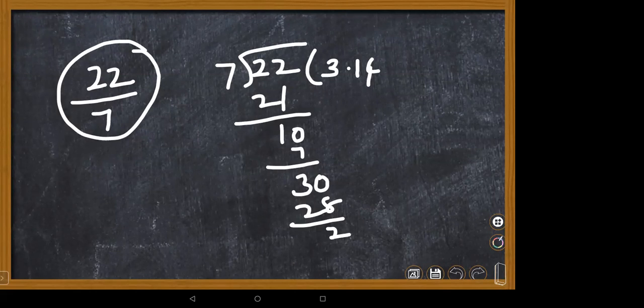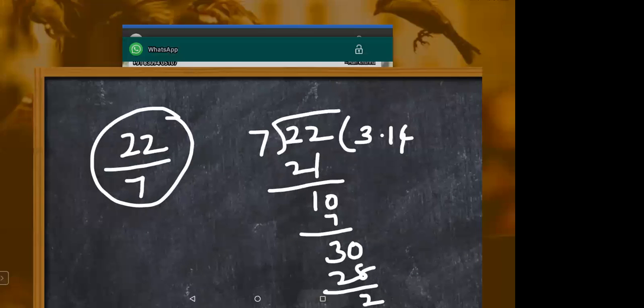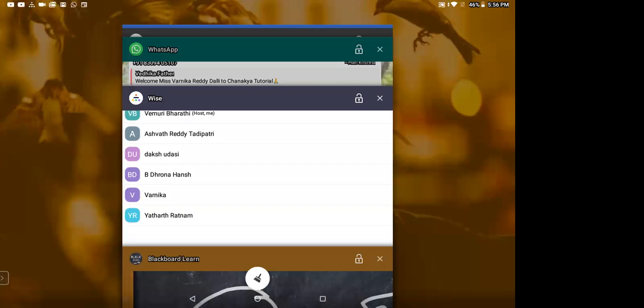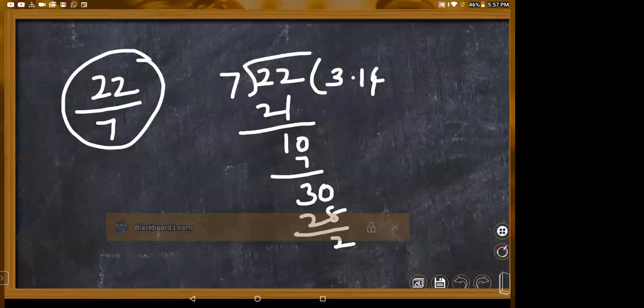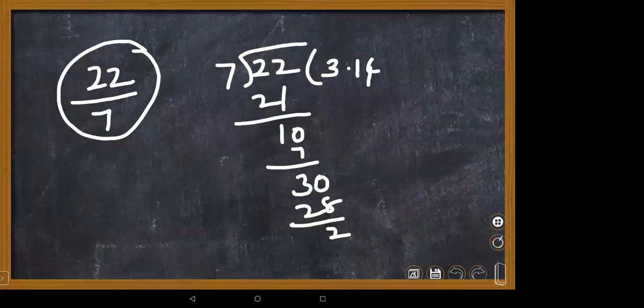Very good, Nana. There is one more tough competitor for you, Ashwath, Daksh, Yadar. Ma'am, this one, ma'am, the value of pi. Very good. You already found out the value of pi. Please continue with your research on that number and come back with your answers. Tomorrow we'll discuss, children. That's all for the day.